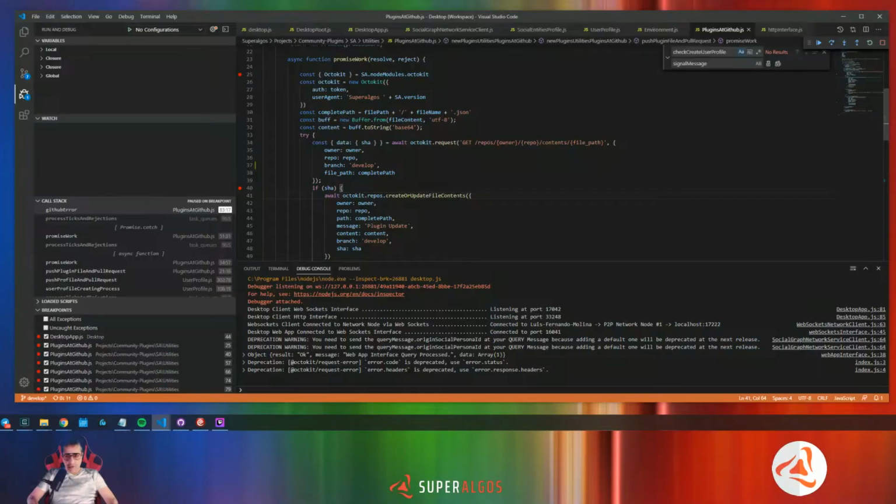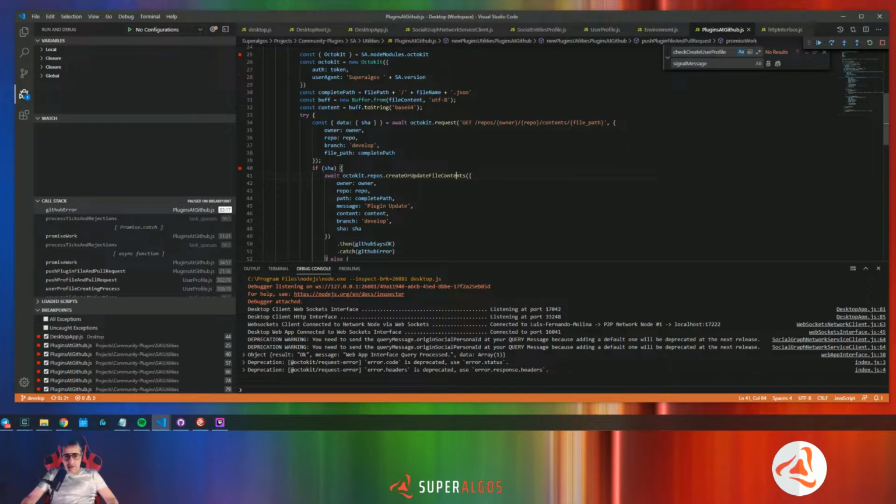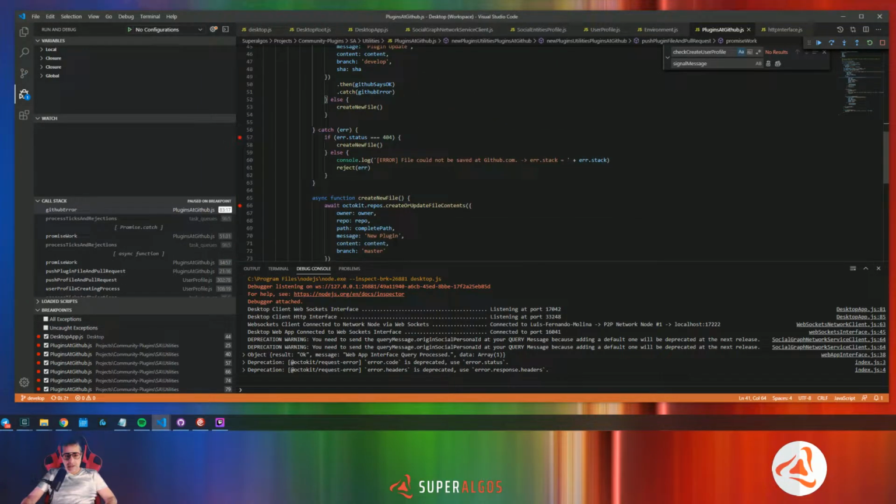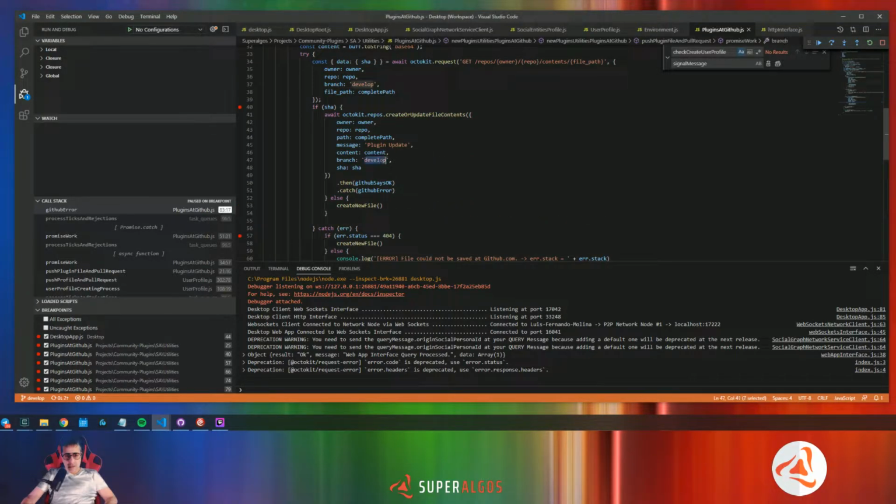Okay, we were working on that, and last episode we got a little bit stuck because GitHub was not allowing me to update a file at the develop branch, so I had to use the master branch, and still this is an unresolved issue,